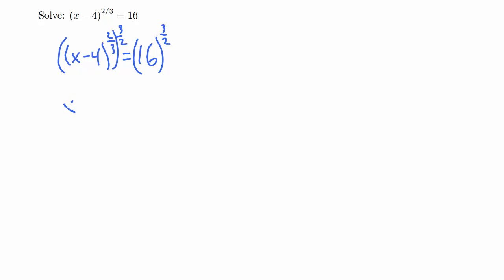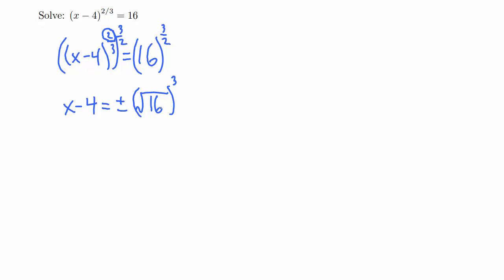So the left-hand side is just going to be x minus 4. And the right-hand side, notice that this 2 is the index of the radical, so that's the square root of 16, and this 3 is the exponent, so that's cubed. But this time we actually need to use a plus or minus. Now, remember I said last time that if the numerator of the exponent in the original question is even, then you must use plus or minus